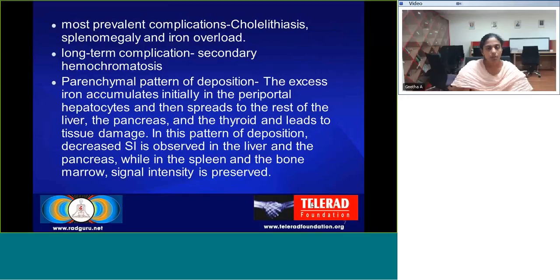The long-term complications include secondary hemochromatosis. There is a parenchymal pattern of deposition of iron. The excess